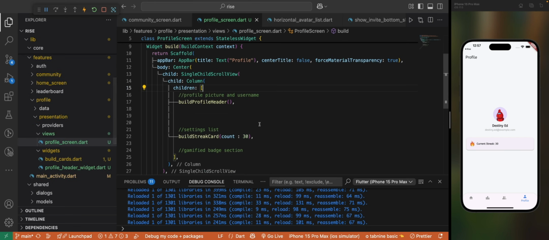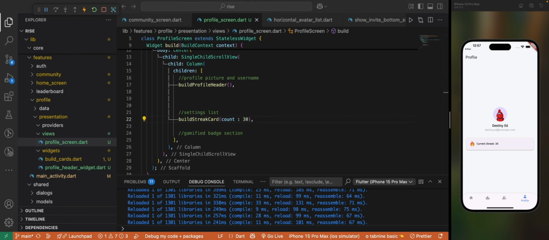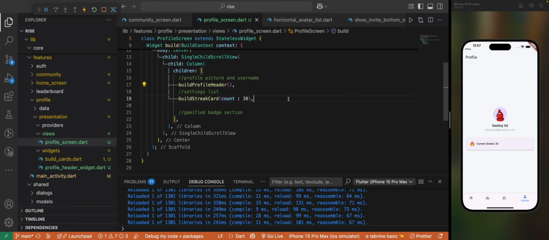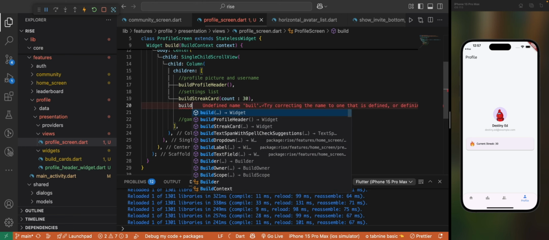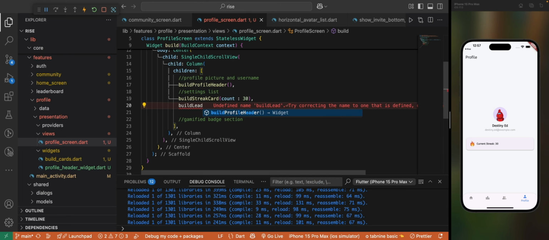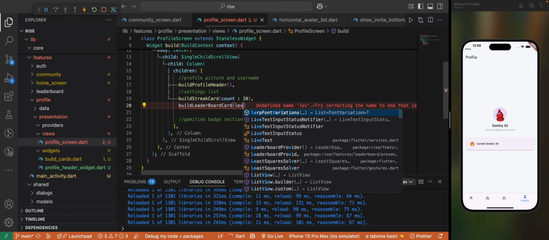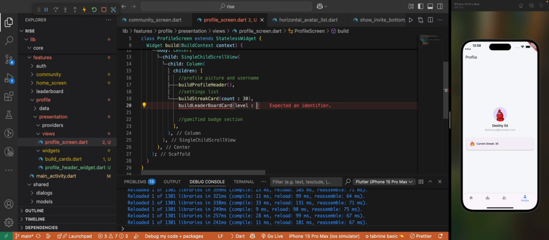Now I'm going to go back, and here we have another section which is going to be the build leaderboard card. So you need to know your ranking in the leaderboard. You also need to know other details. So here I'm going to build leaderboard card. Now we might update this later. We can update all this later. So we have 30, or like to tell you your leaderboard status, like what's the state of your leaderboard,